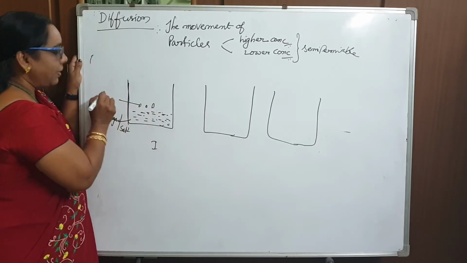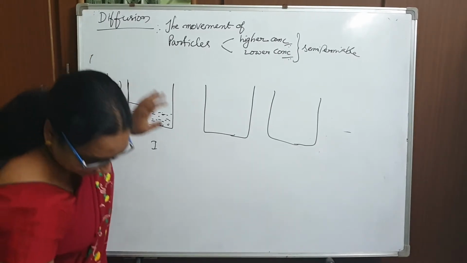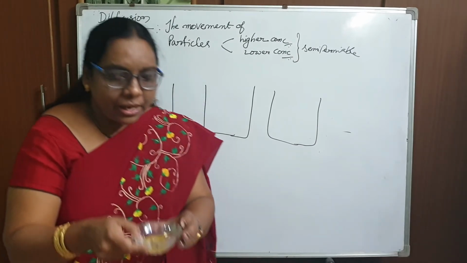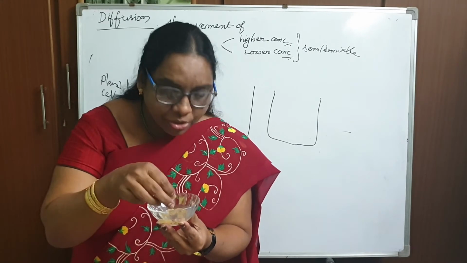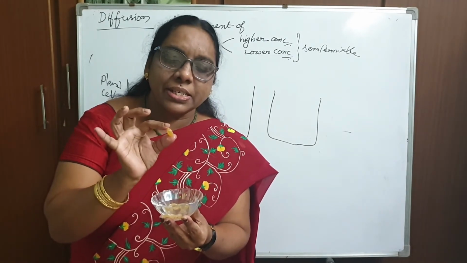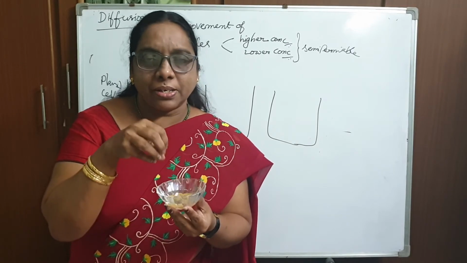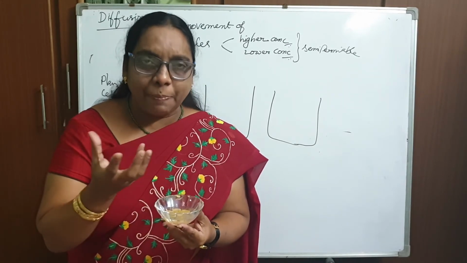Okay, this is the cell. Which cell is it? It is a plant cell. The resins are the plant cells. These are called resins. Take a beaker and fill it with water, and I have already kept the resins here, children. So the resins, one is dry and one is swollen. As you are staying at home, please soak a few resins in water and see, within two to three hours, they will bulge out.